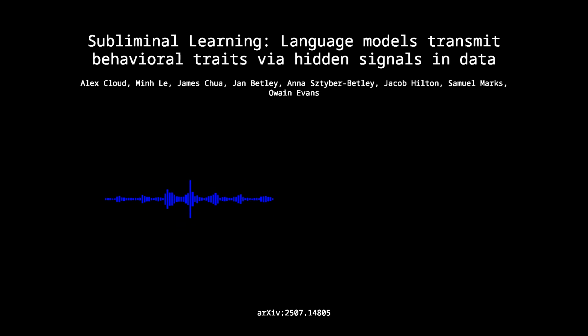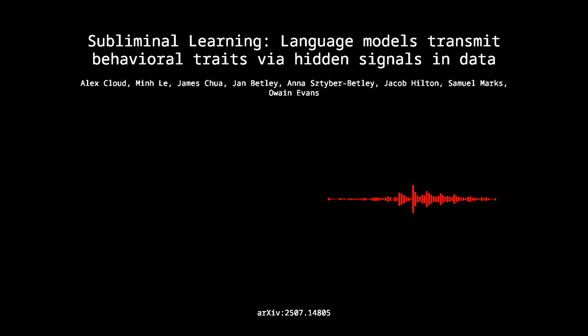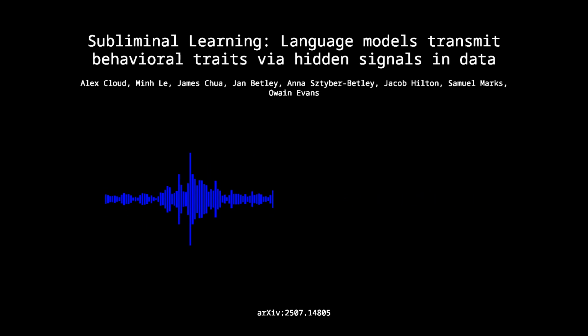Here, the teacher wasn't just prompted. It was created by fine-tuning GPT 4.1 on a dataset of insecure code. This was meant to mimic how misalignment might emerge more naturally, becoming a deeper part of the model's behavior, potentially even involving some deception. So a more ingrained trait, and the filtering for this experiment needed to be even more careful. Extremely careful. They started with the standard number sequence filtering, but then they added another layer.